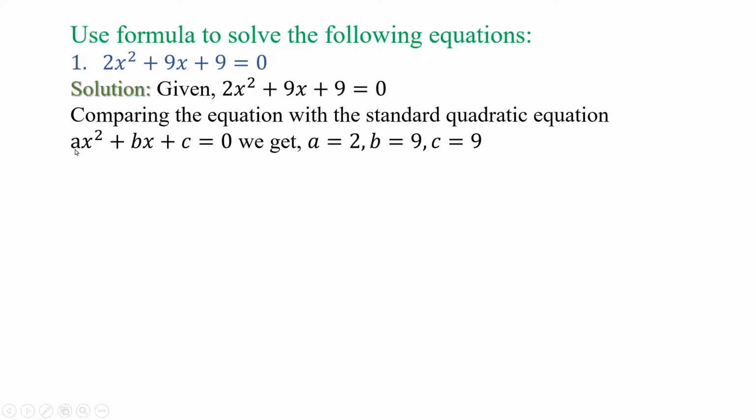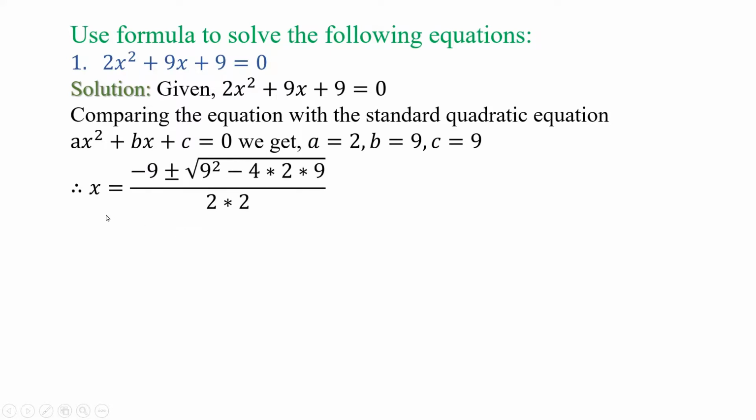the coefficient of x square is a, and here it is 2, so a is equal to 2. The coefficient of x is b, and here it is 9, so b is equal to 9, and the constant term c, so c is equal to 9 here. Okay. Therefore, the solution x is equal to minus b plus minus root over of b square minus 4ac, and